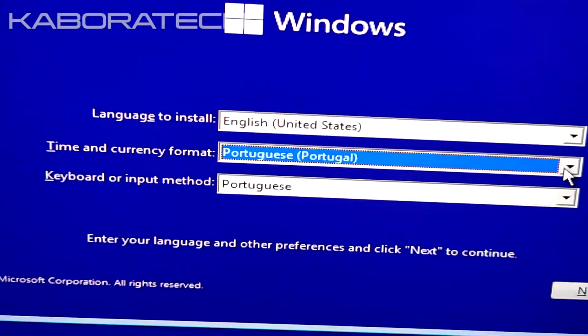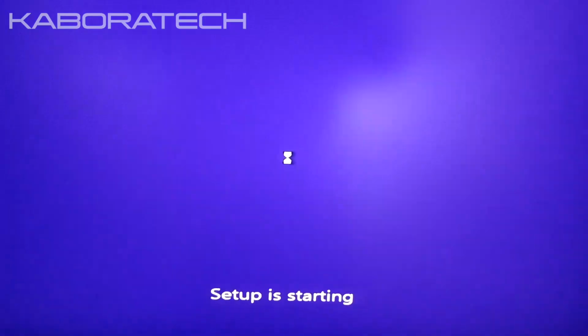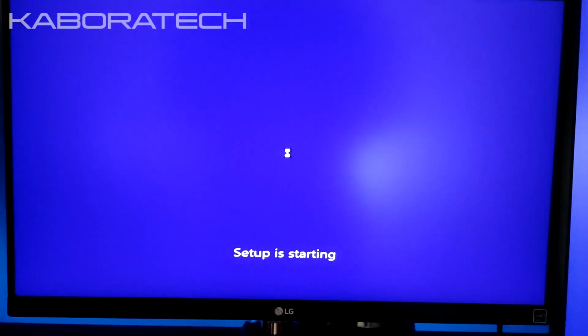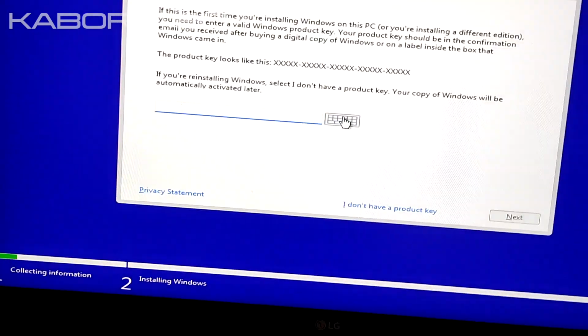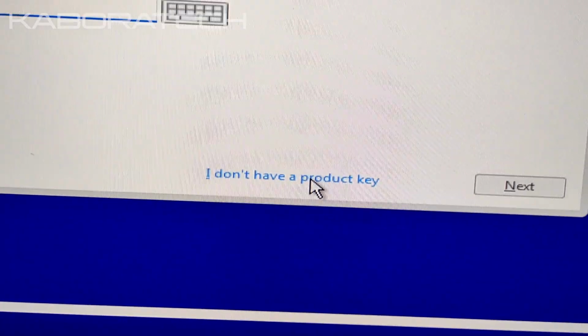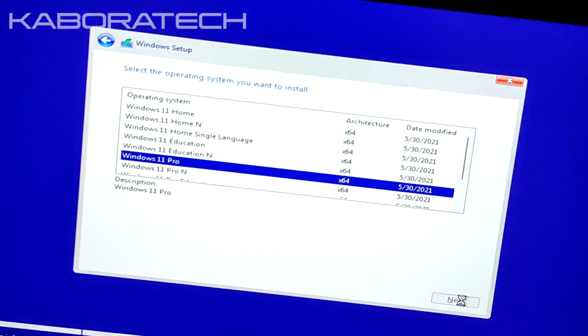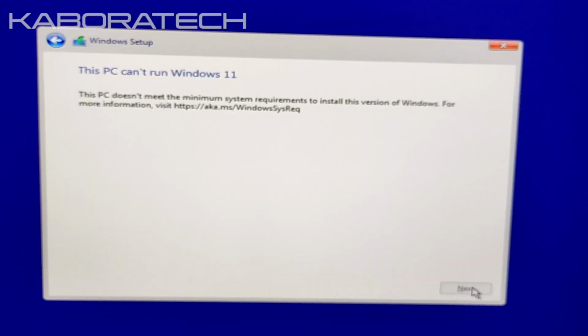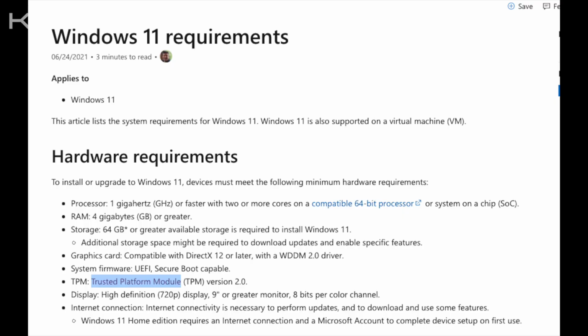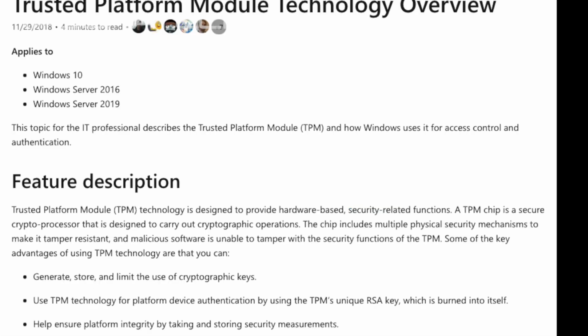So I made the pen drive, the flash drive installation. I booted from the flash drive. I proceeded with installation, and after I selected Windows 11 Pro, I got this information saying that it's not possible. So you must be aware of the Windows 11 requirements, and one is Secure Boot and another one is